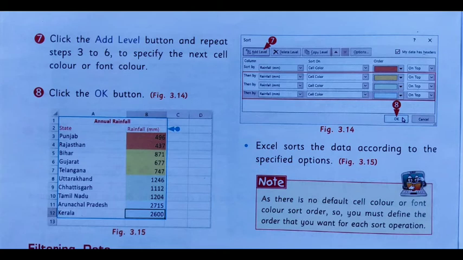Then click the Add Level button and repeat steps 3 to 6 to specify the next cell color or font color. Then click the OK button. Excel sorts the data according to the specified options.